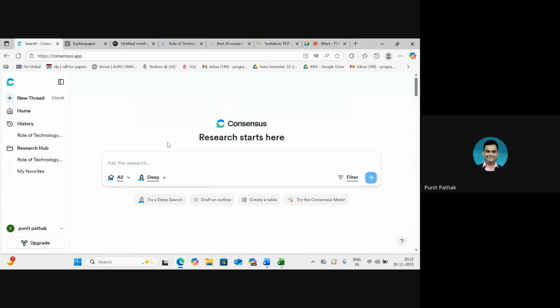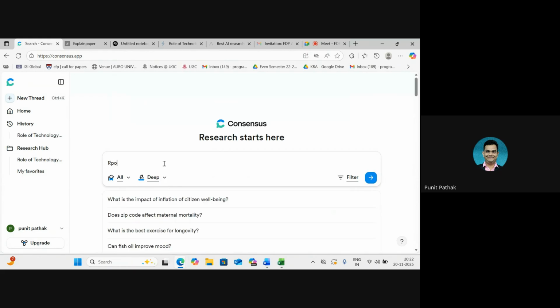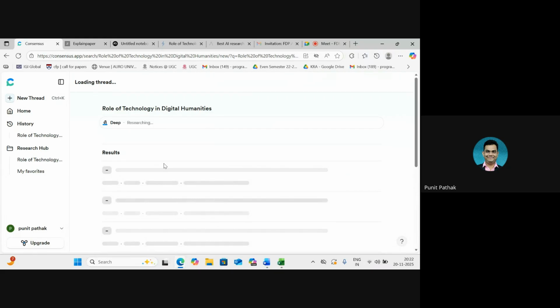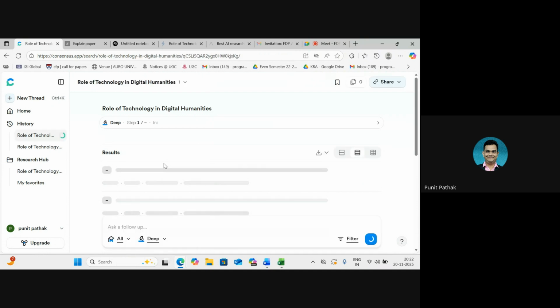In fact, let's go with deep only. That's better. We'll go with the same example, role of technology in digital humanities. Now, this time, it might take a few seconds more as opposed to what it did with the